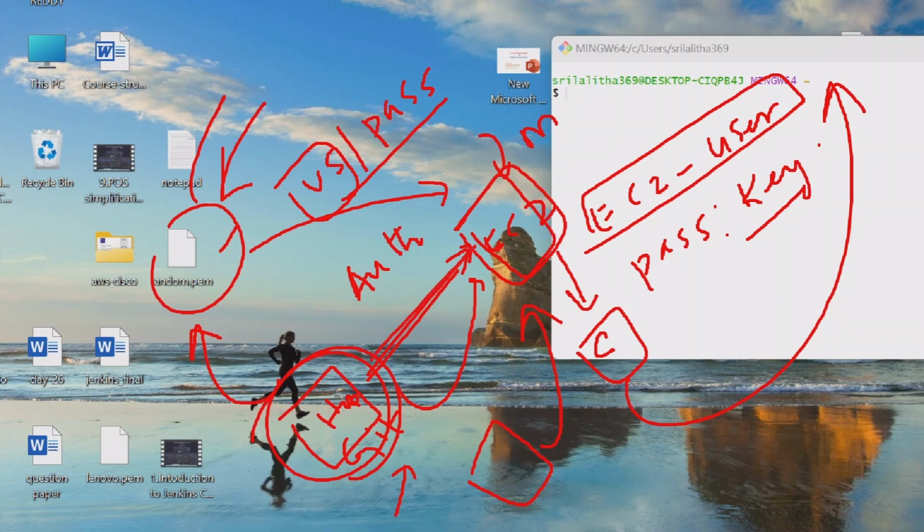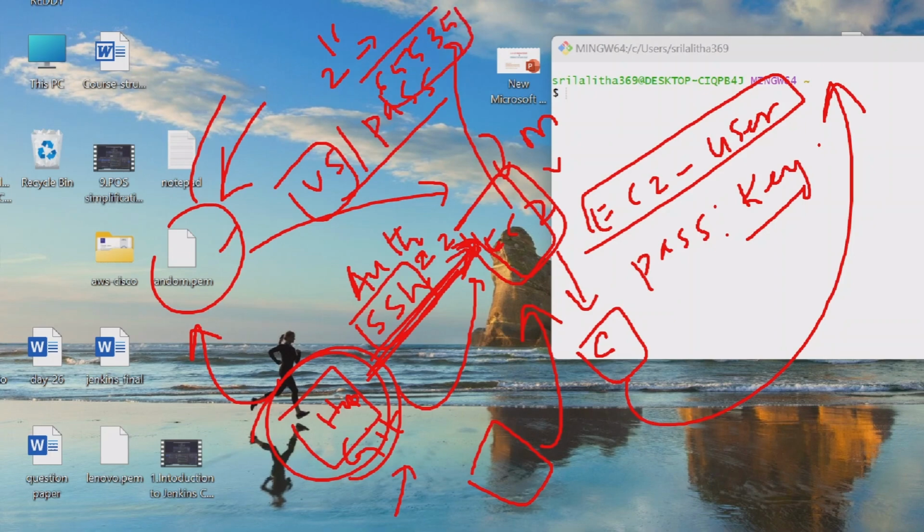So what is the protocol we use to connect from the home system to the remote system? The protocol we are using is the Secure Shell protocol, SSH. We have the Telnet protocol also, but the text will not be in encrypted form. So for that we use the protocol called SSH. I told you that every protocol works based on a port number. So how many port numbers will we have? 2 power 16, which means 65,535 port numbers in each and every system, right?